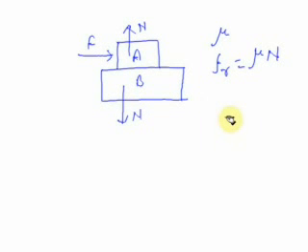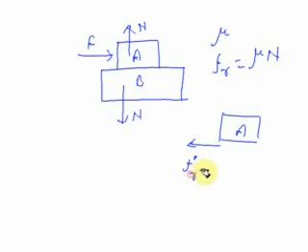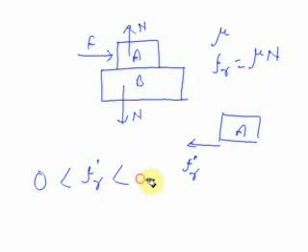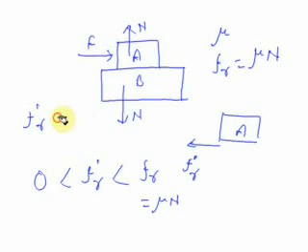So on block A, a force F dash R will act, the friction force. Now the value of F dash R will lie between 0 and Fr, where Fr is mu n, and since the block is not moving, the value of F dash R will be equal to the applied force F. So from the free body diagram we can see that the force